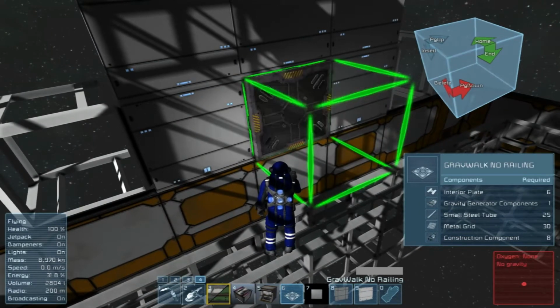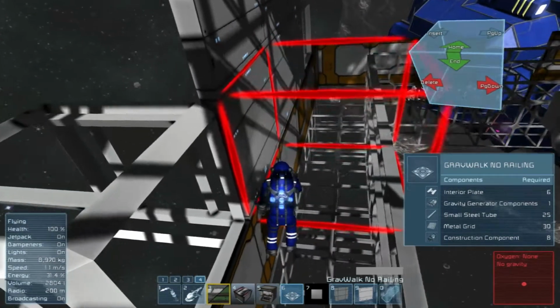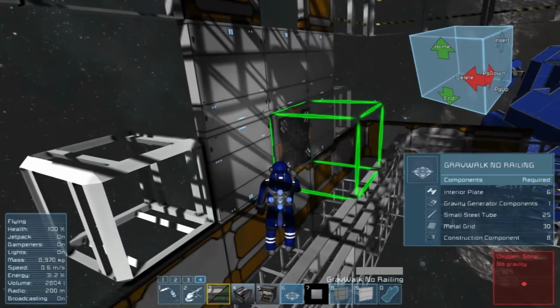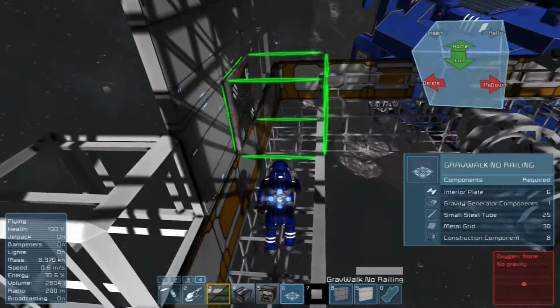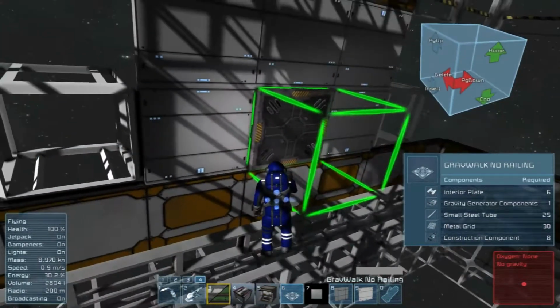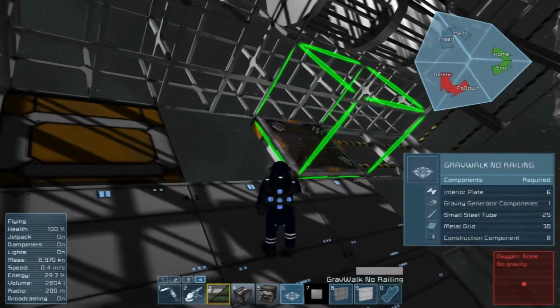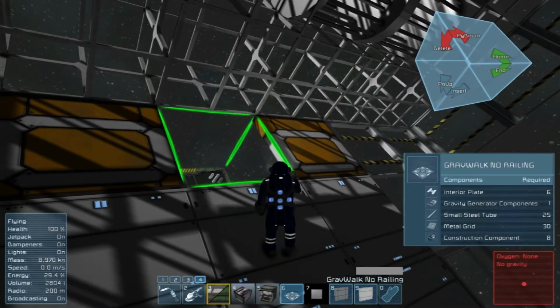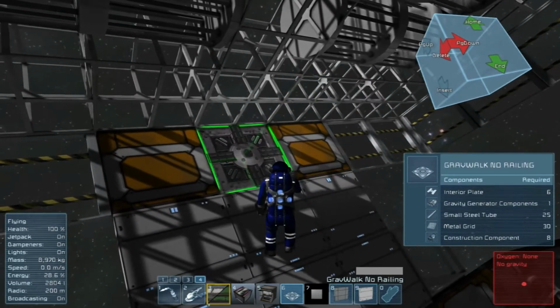Okay, now this one is going to have a similar problem that I did not foresee. And that's that the grav walk here is trying to place on the inside of the block, which won't happen with these walls the way that they are. That's a problem. I was hoping I could do it like these and put them on the inside. But unless I were to flip it this way,